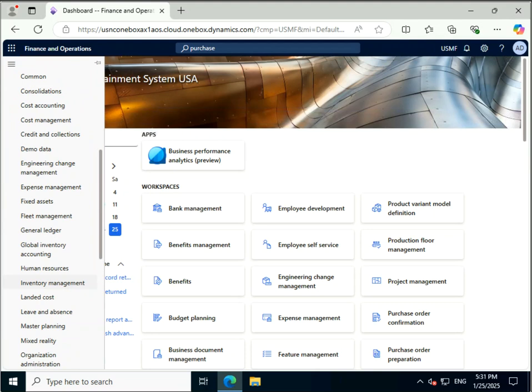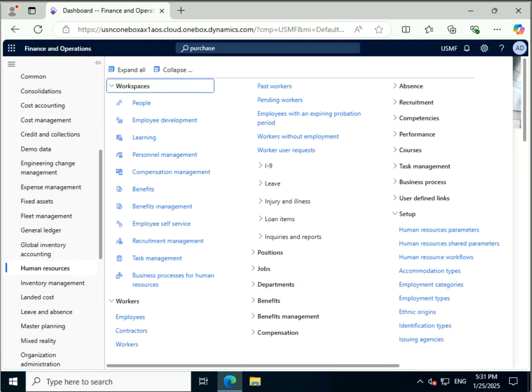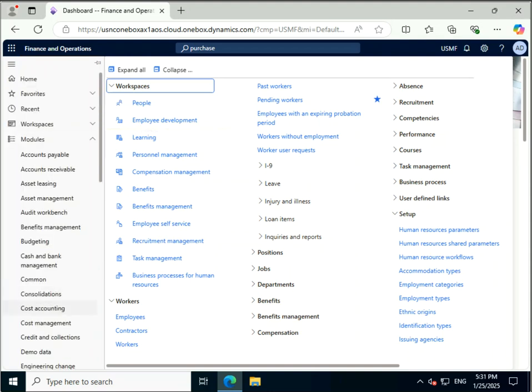It depends upon the functions. Let's say human resources. If I want to open any menus, you can click add to favorites. Then there's no need to go every time to the modules under the sub menus. You can always go to the favorites